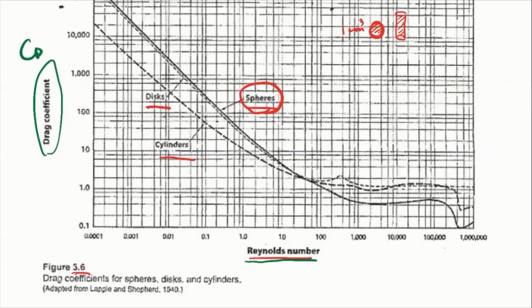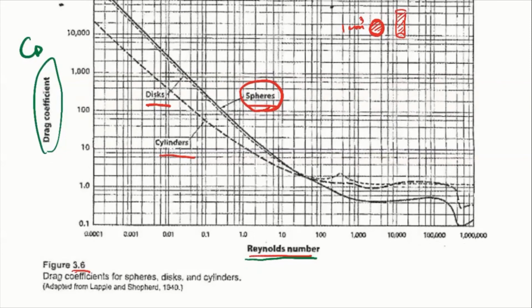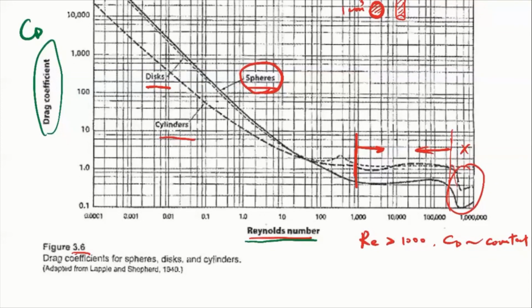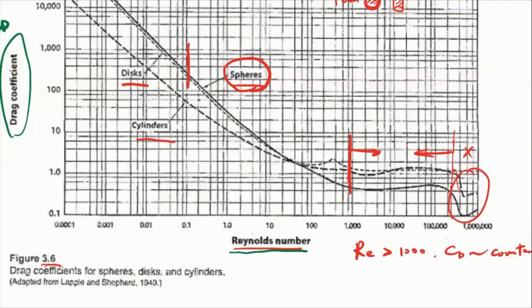Further, if we look at the relationship between the drag coefficient and the Reynolds number, we can notice that above a Reynolds number of about 1,000, the C D is close to a constant, although it has a dip at the end. We're not going to deal with a lot of processing in this region, but here you can consider it as a constant. And when the Reynolds number is below 0.1,